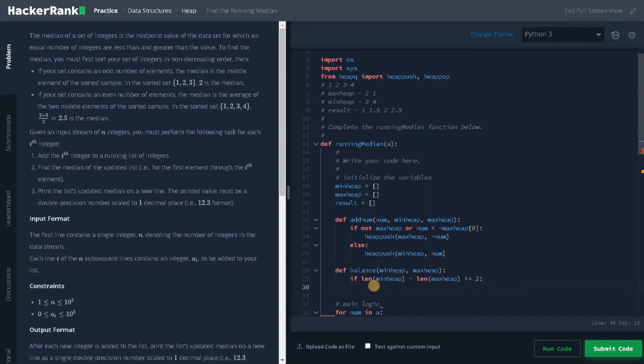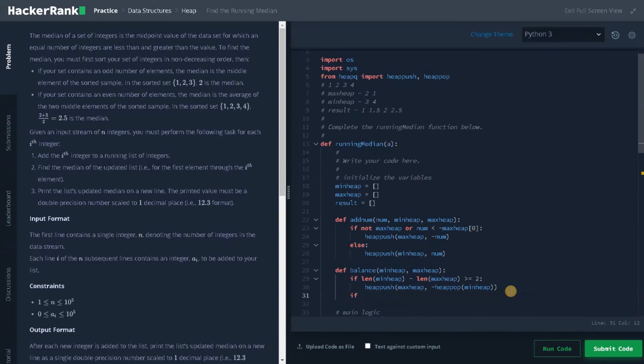So we will do heap push of max heap and minus of heap pop of min heap.